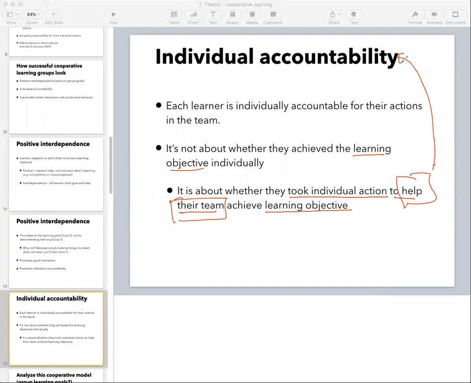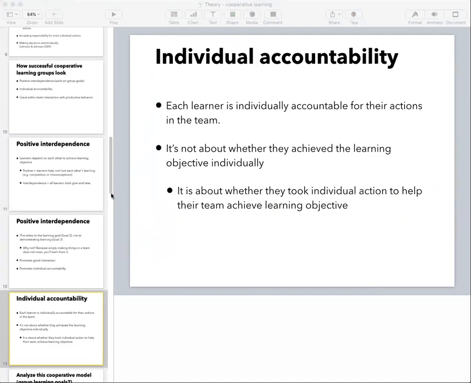Okay, so if you have a student on a team who takes accountability for their own learning and says, oh, none of my teammates are helping me learn, I'm going to be accountable for my own learning, and learns individually, that wouldn't be individual accountability. Instead, if you want individual accountability, you would want to see everybody in the team saying, I am individually responsible for helping my team learn a particular part of this concept that they are learning. All of this will hopefully become clear in the next couple things that we look at, which are cases for